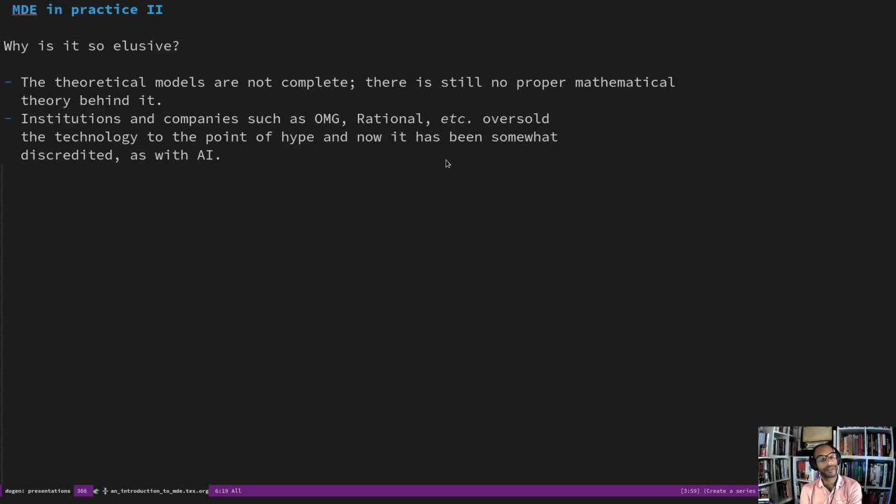Compilers are used as a proxy for the sort of work that we want to achieve with model-driven engineering. The notion being that with a compiler you create a formal way of translating high level to low level, and you could get very close to proving from a mathematical perspective that your compiler is correct. I'm not going to get too much into the mathematics of compilers because we don't really need that for these purposes, but if that's your field, I'm sure you're going to say that there's loads and loads of technical details there. Let's just ignore that for a second, but let's just think of compilers as the limit of the function